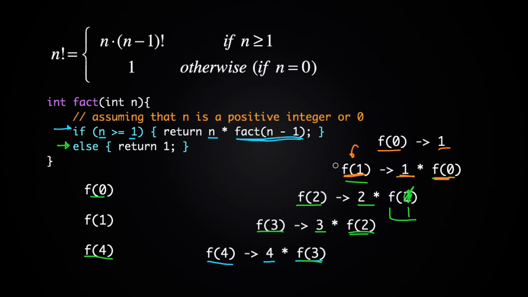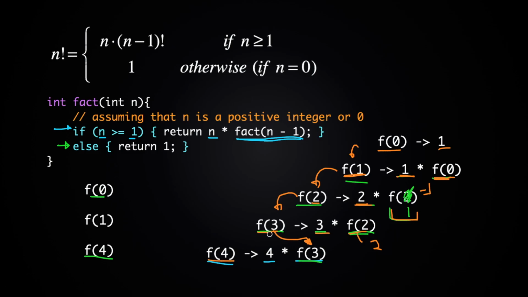And then we'll go back to this call, where n was 2, and we wanted to return 2 times f of 1, whatever the return value of f of 1 was, and that turns out to be 1, so we'll return 2 times 1, which is 2 from this function. And then we'll just basically keep doing that. F of 3 wanted to return 3 times f of 2, and f of 2 happens to be 2 here, so we'll return 6 right here.